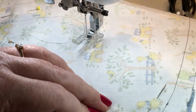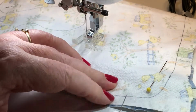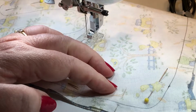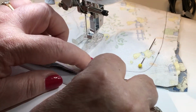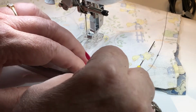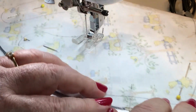And I'll take a couple of pins and put one on either side of the tag to try to keep it in place when I sew my seam. So here's my little tag. It's tucked in under there, and I'll place a pin. All right, now